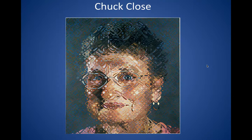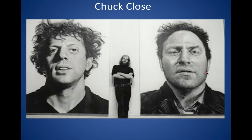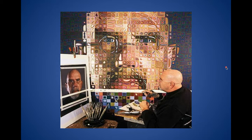And remember that he breaks things down square by square to make things easier for him. And that's basically become his style. He's really, really well known for it. And we took a look at him and how he's been able to overcome paralysis and stuff like that, and even still paint with these extra things that help